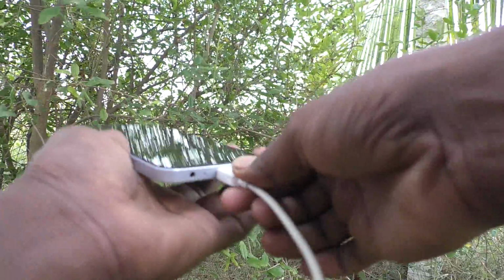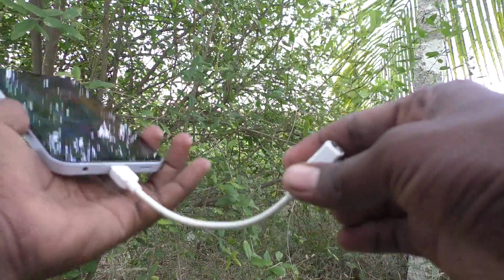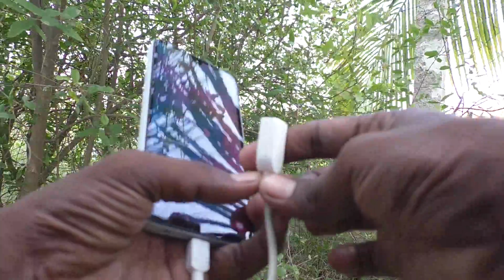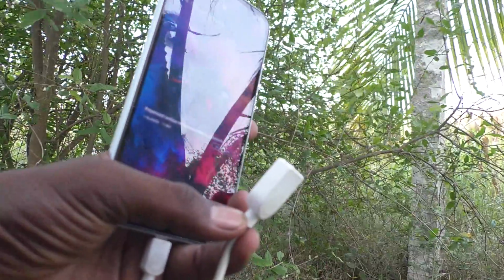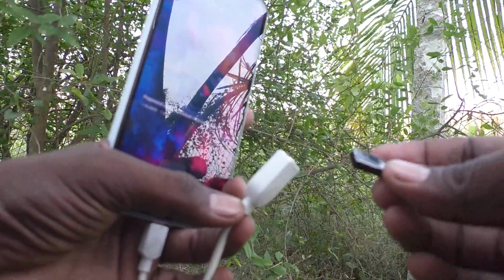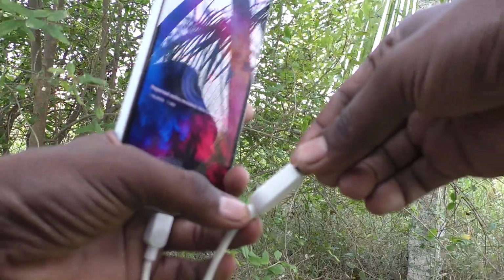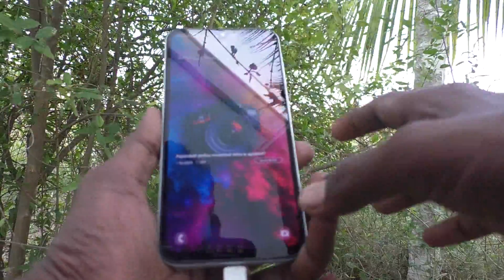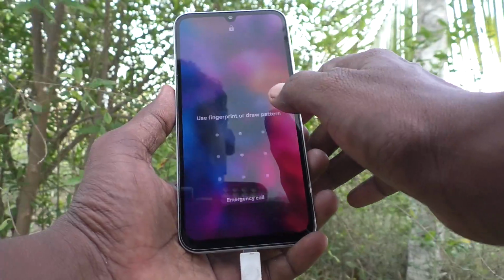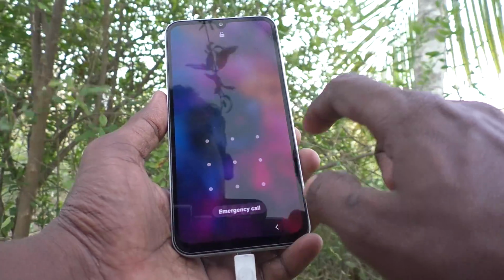Okay. And then in the other end of the OTG, you have to connect a pendrive. Here, this is pendrive. I am connecting this pendrive here. Yes, pendrive is connected. Now to access the files in pendrive, what you have to do is go to the